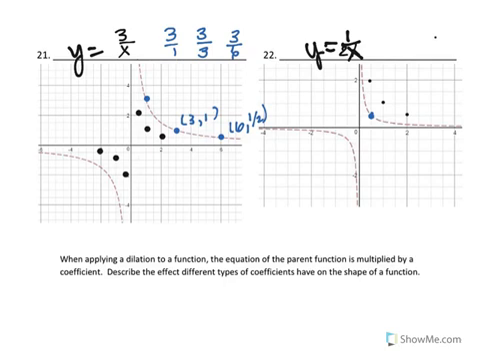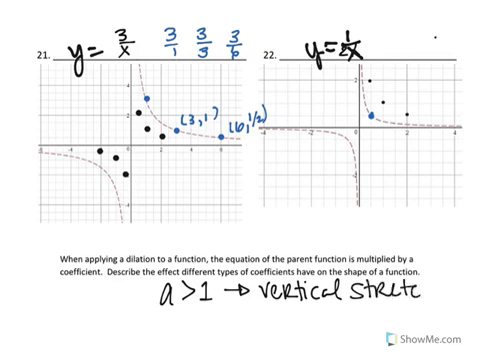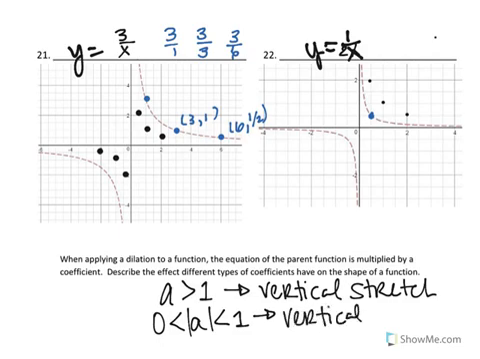Now, these were dilations. The effect is that when a, that we're multiplying by, is greater than 1, we have a vertical stretch. And when a is between 0 and 1, and that's the absolute value of a is between 0 and 1, we have a vertical compression. All right,